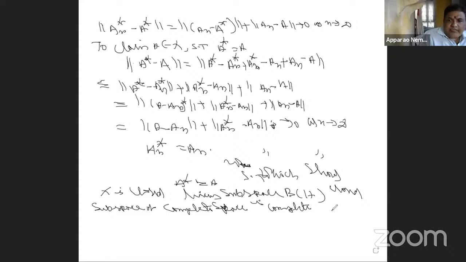It follows that X is complete. Hence X is a real Banach space,